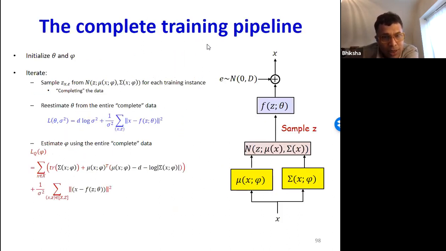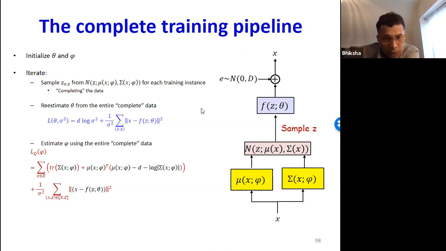And so here is the complete training pipeline. You want to estimate a nonlinear Gaussian model for x. So the generating model is this term: you have some z, which is transformed by this nonlinear function, and then you add noise.